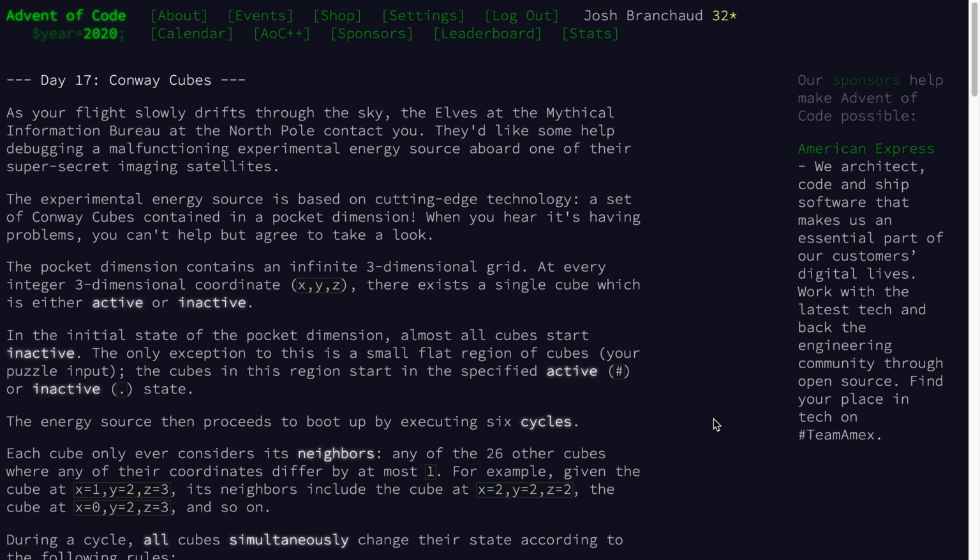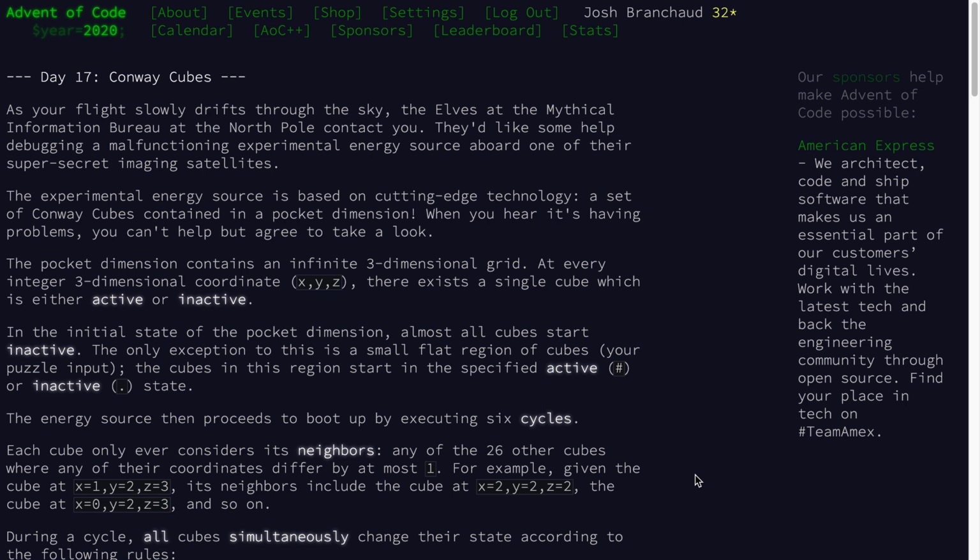This is Advent of Code 2020, day 17. The problem is called Conway cubes. And we are looking at part 1. The elves have reached out to us from the North Pole during our current flight, and they need some help